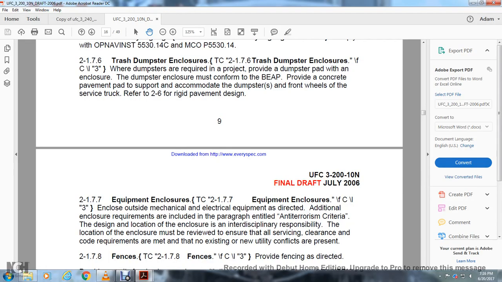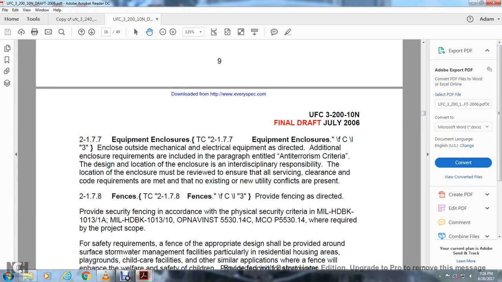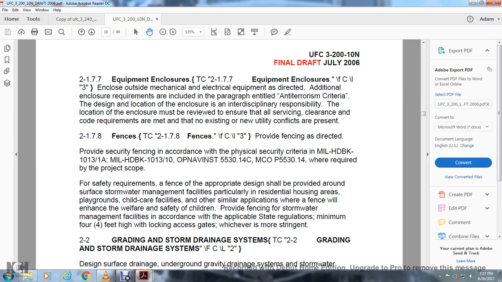2177 Equipment enclosures. Enclosures for the outside mechanical and electrical equipment are directed. Additional enclosure requirements are included in the paragraph entitled anti-terrorism criteria. Design location of the enclosure with interdisciplinary responsibility. Location of the enclosure must be reviewed to ensure that all servicing clearance code requirements are met, with no existing or new utilities conflicts present. Fences: fences are directed to provide security fences in accordance with the physical security criteria of Military Handbook 1013-1A, Military Handbook 1013-10,